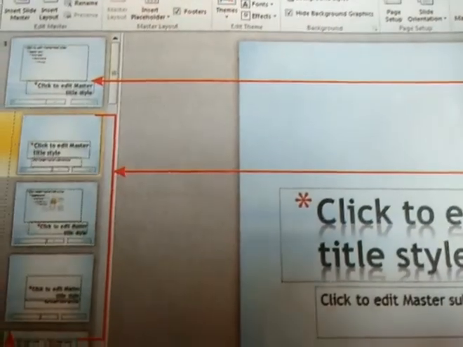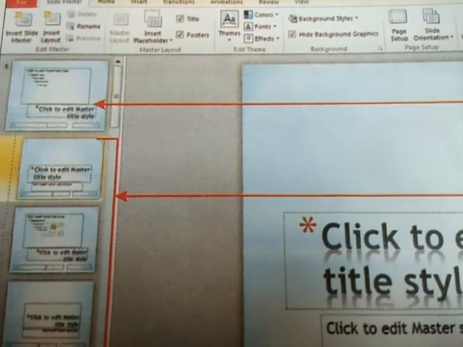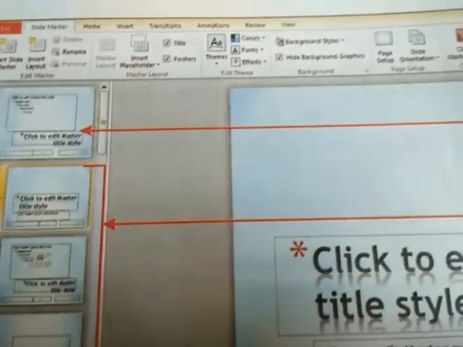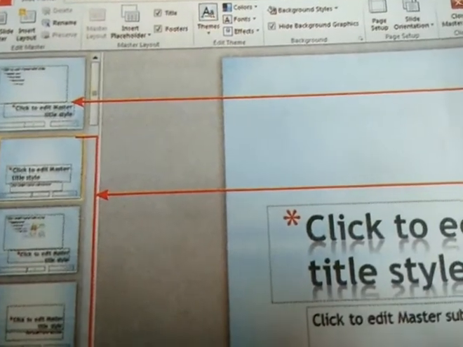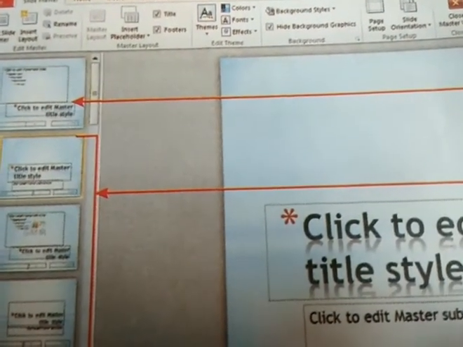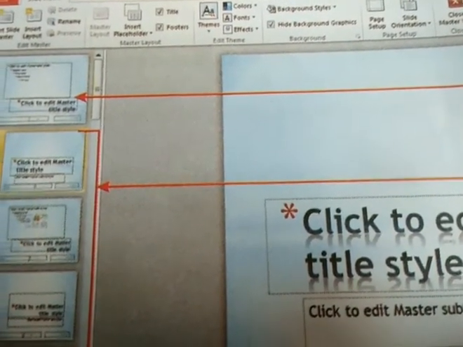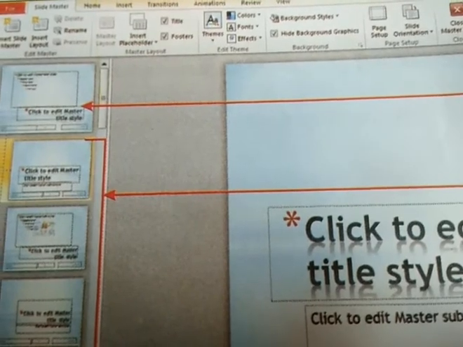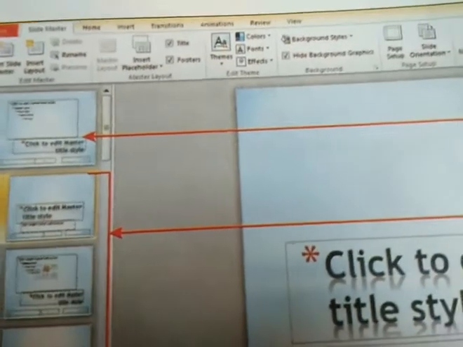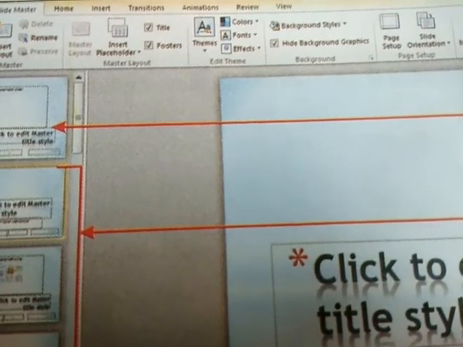For slide master view, first open the required presentation which you want to change and click on the View tab. Then, students, in the Master Views group, click on the Slide Master button. Then the Slide Master tab will appear as the active tab on the ribbon, and the slide master task pane will appear on the left. So students, this is the activity related to viewing the slide master.